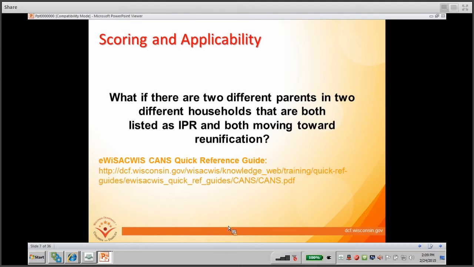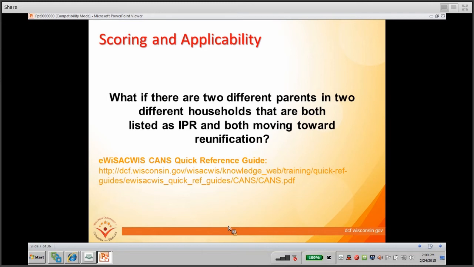How do you do that? The answer is, if they're living together, you would score them together as one Identified Permanent Resource. If they're, as the question states, living in two different households, and the potential for reunification is with either of the parents, you then would rate both of the parents as IPRs as their own Identified Permanent Resources.